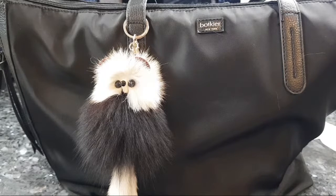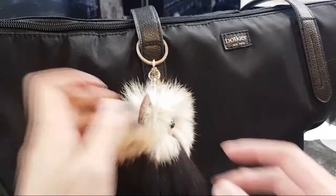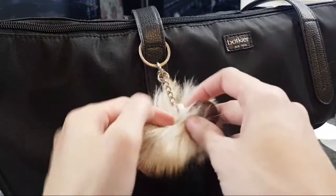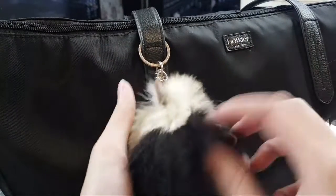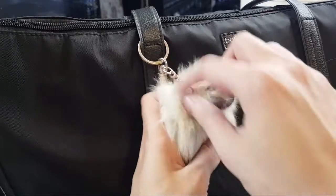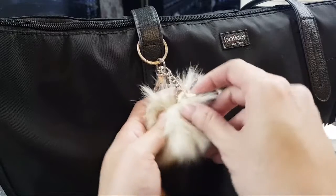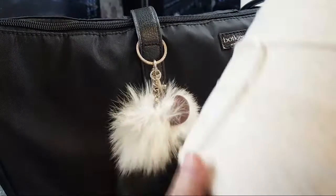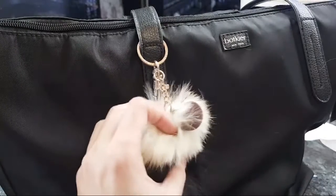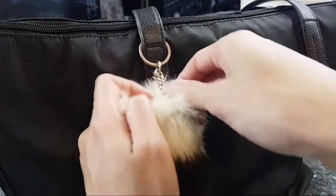I do want to also share this with you. I've had a few keychains, not this one specifically, that kind of break on me. Like cheap keychains, for whatever reason, this part retains, but the base falls out. This one actually has a metal base, but if you can see, I knotted some twine. See this? I knotted some twine because in the event, let's say this chain here, I don't know if you guys can see it,